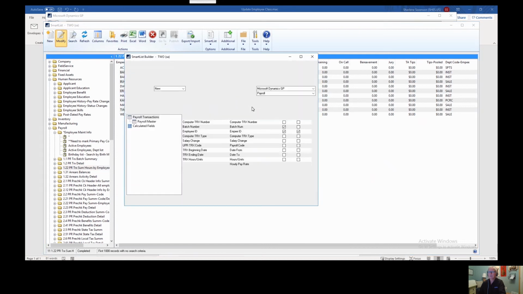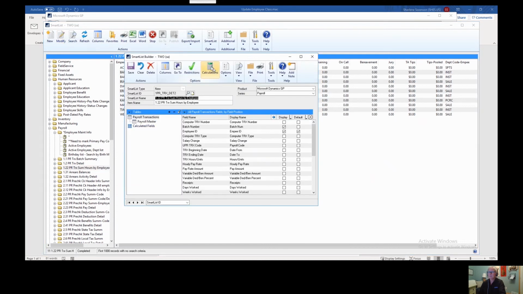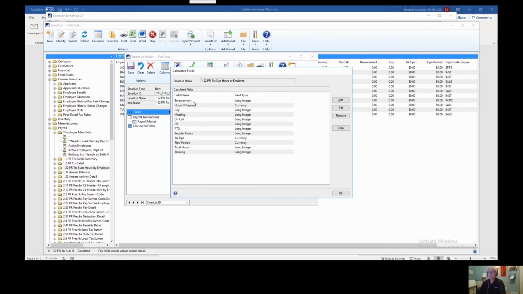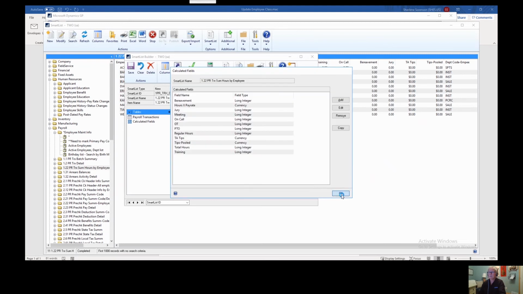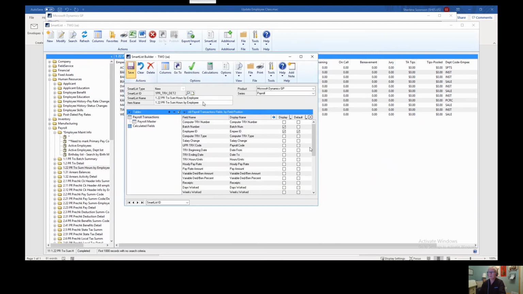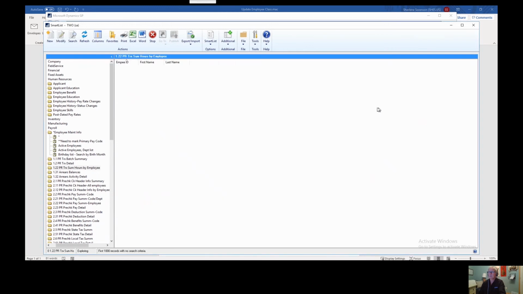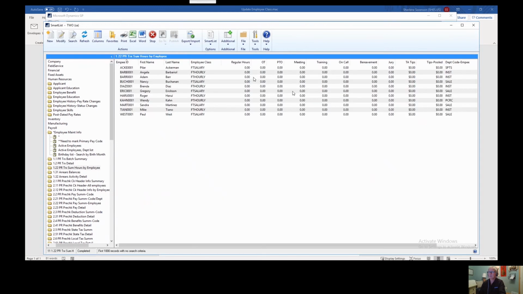just to give you a quick idea about some of the rough updates that would need to be done on just a few of these. Most of them are very usable right out of the box, but you can see here, if I go look at my regular hours, for example, it's looking for a code called hourly, and I think my code is actually just called hour. So I'll save that, and we'll see if that field will populate here. And that depends on too if any of these transactions are actually for hours. So I didn't guess correctly on there, but